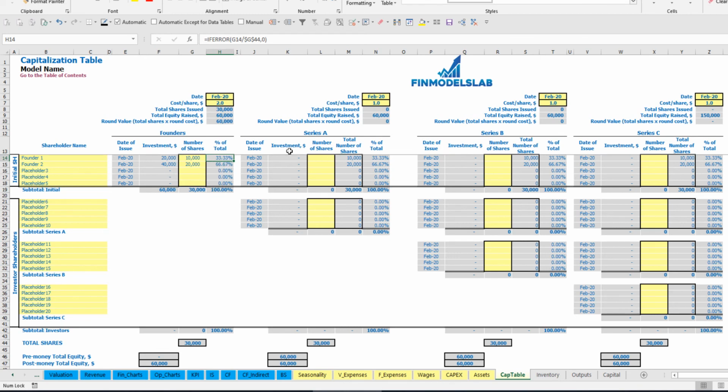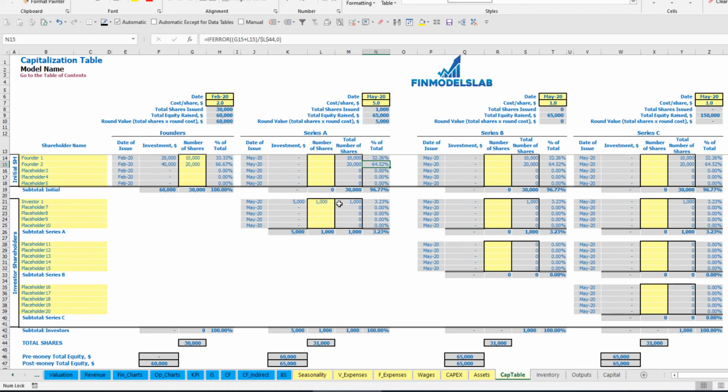The dilution is 33 to 67% of shares. So let's pretend that for Series A we have one investor, the date of issuance is May, the cost per share is $5 and the number of shares is 1,000. So the total amount of investment will be $5,000. You may see that before the Series A total equity was $60,000, after it is $65,000, and investor 1 will have 3.23% of shares, and the shares of founder 1 and founder 2 are also diluted, to 32.26 and